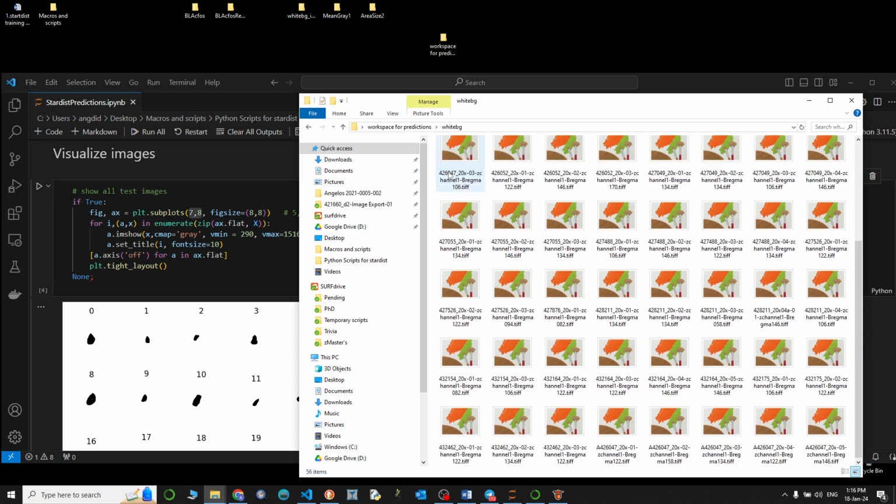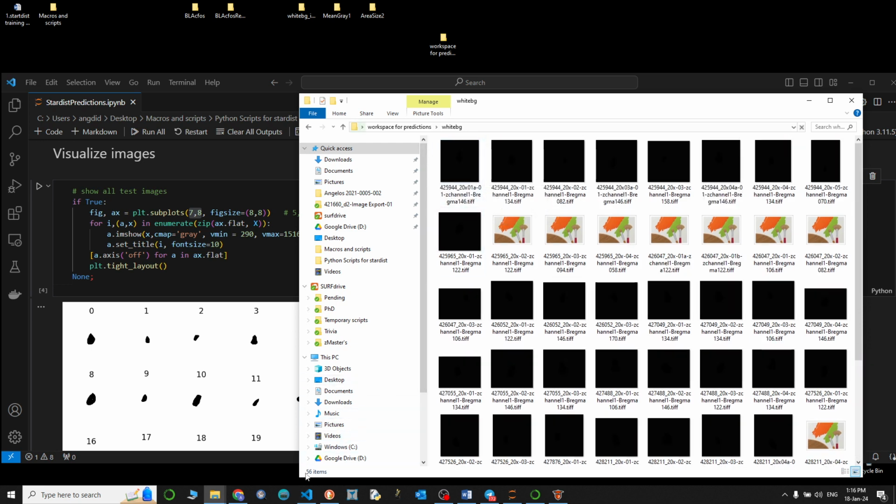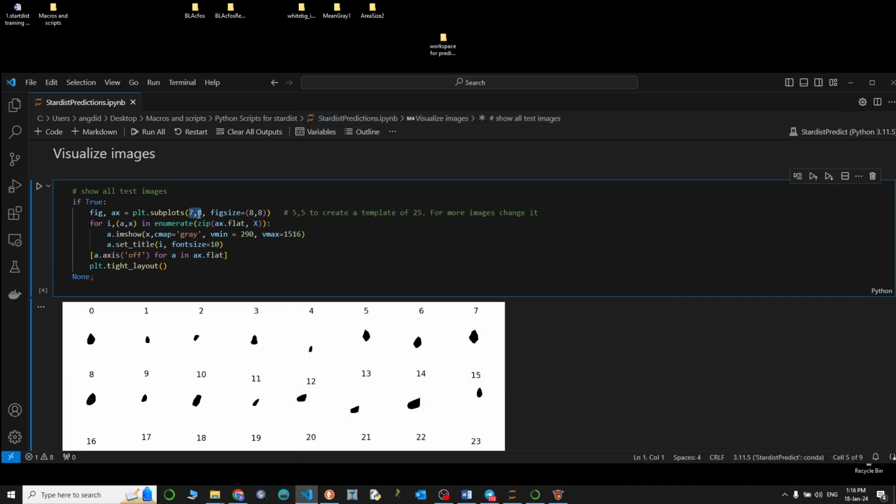All right, so I'm going to the white background image, and you see that I have 56 items. So 7 times 8 is 56. So that's the multiplication product. And for the figure size,